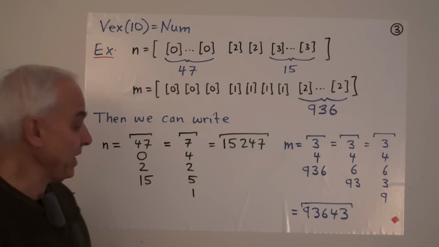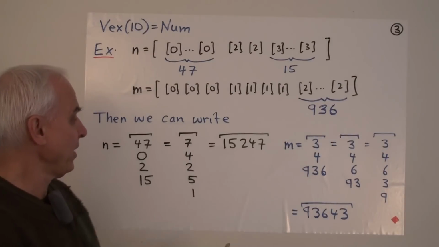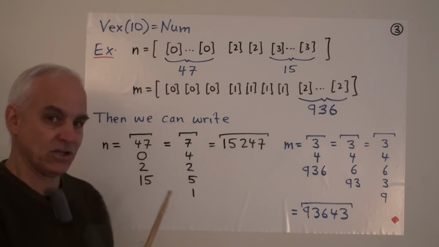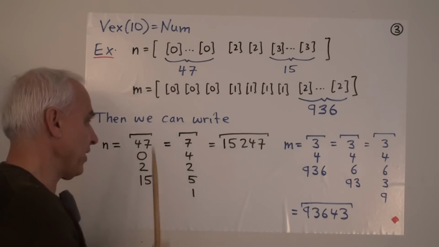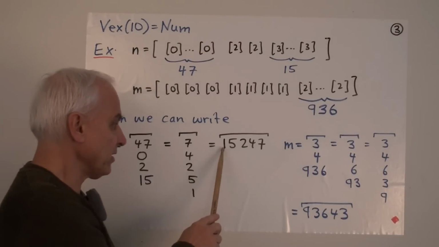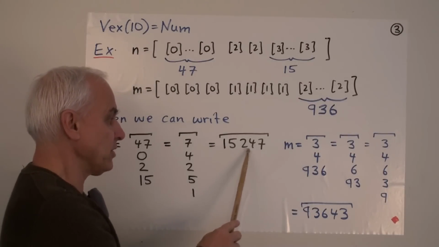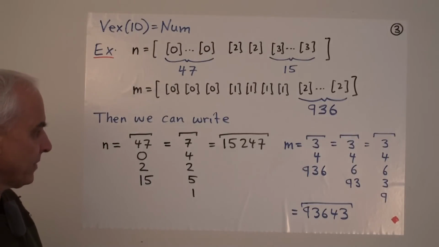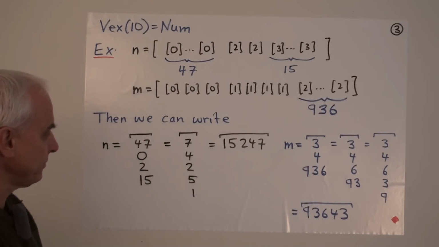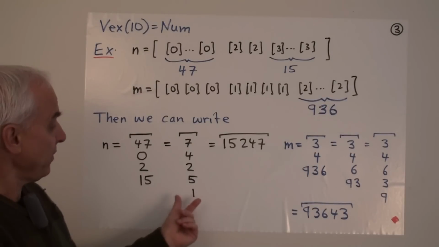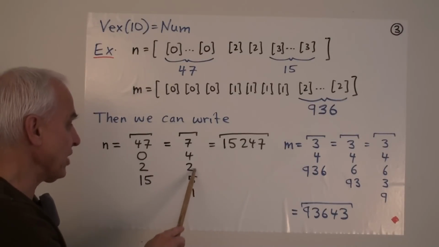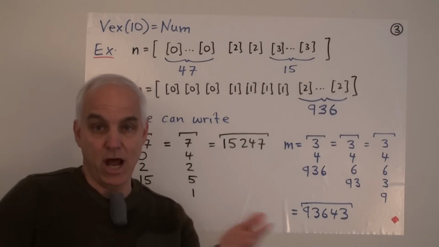And something else that we could do is convert everything into zeros. So the 4 here could be moved there, would give us 40. The 2 could be moved there, giving us essentially 200. The 5 could be moved there, giving us 5,000. And the 1 could be moved there, giving us 10,000, with the result of the number that we usually call 15,247. That's kind of a compressed view of this base 10 vexil. This is the expanded view. This is the view that's more familiar in terms of base 10 number, where each one of these entries is a digit from 0 to 9.